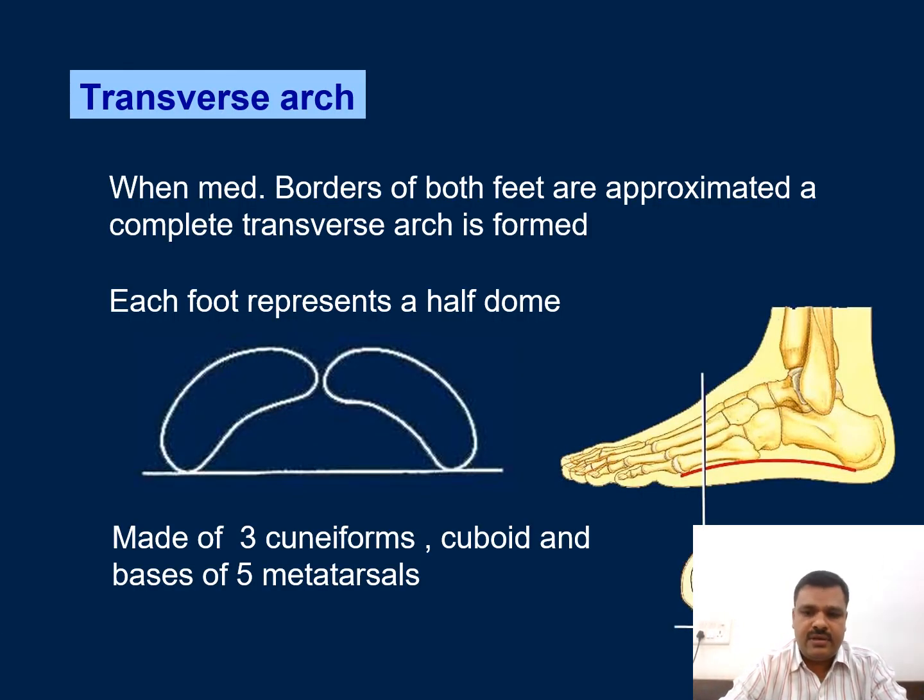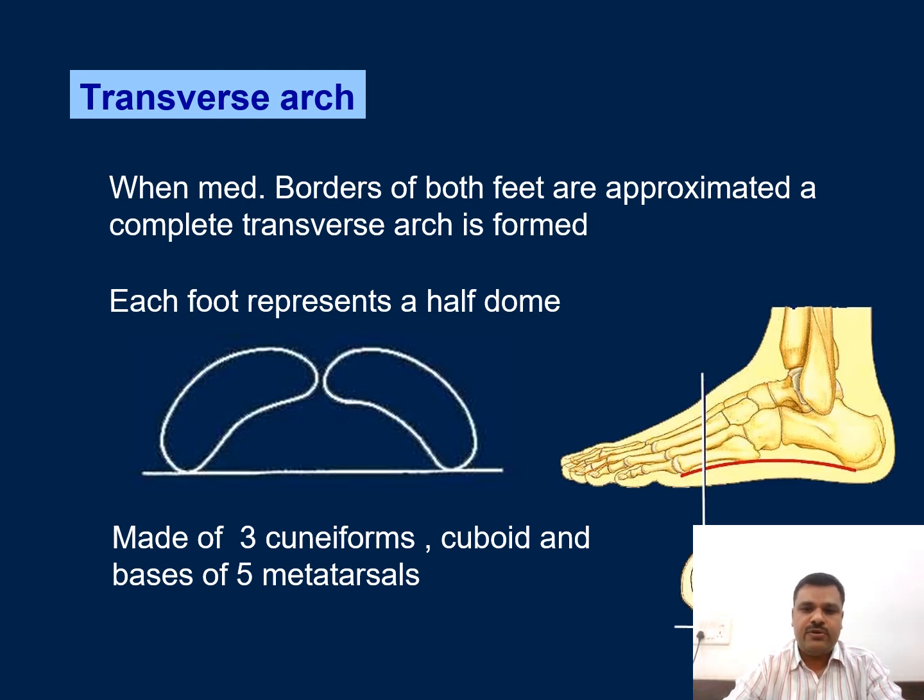Now, in the second category, we are having the transverse arches. We have seen now the longitudinal arches. Now we are learning about the transverse arches. Now the transverse arches are two in number, anterior and posterior. Anterior transverse arch is for each foot, where the first and the fifth ends of the metatarsus are touching the ground. That's why anterior transverse arches are complete transverse arches, and the posterior transverse arches are on the posterior side of the foot.